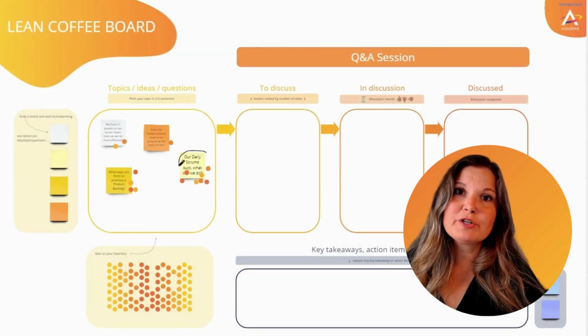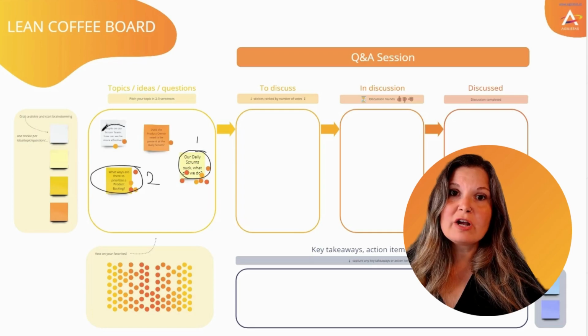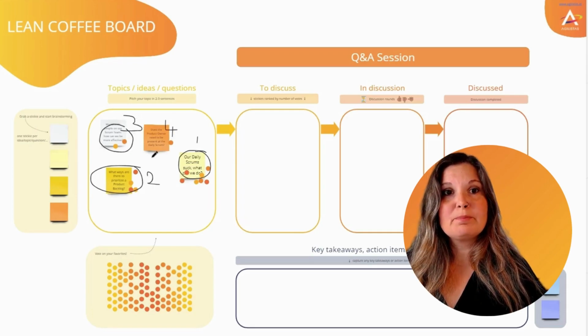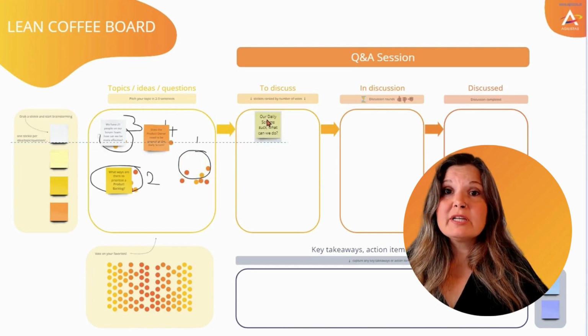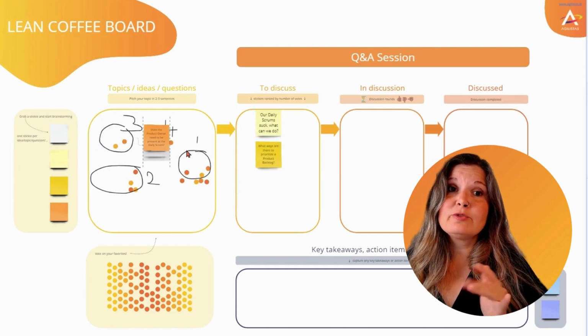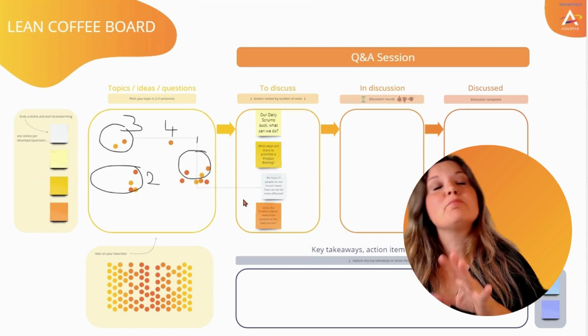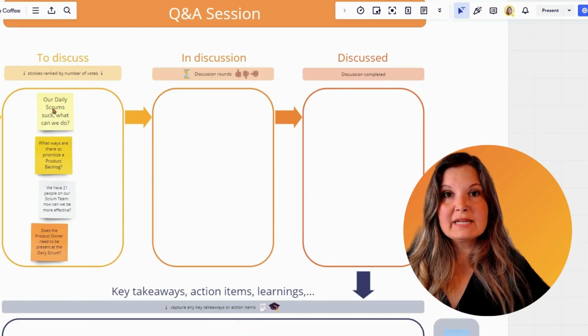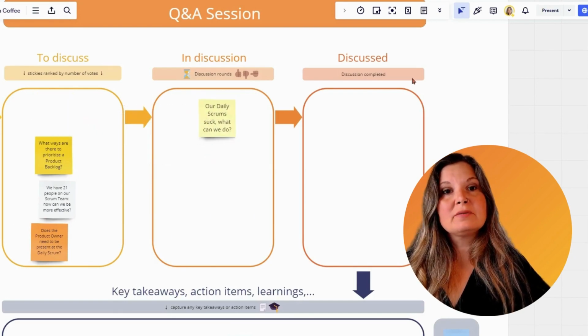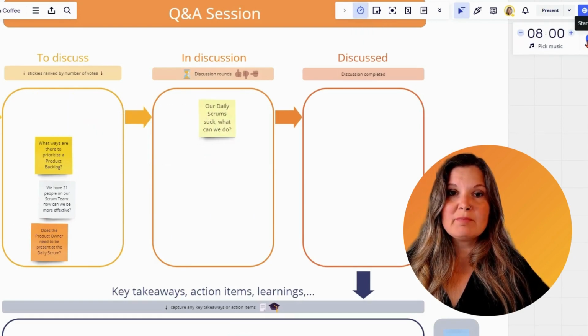The items that are going to be discussed today are the questions ranked by number of votes. So this is our agenda. This way, you make sure that in case you run out of meeting time at the end, the most important topics have been discussed. Okay, we select our first question, and we also set an initial timer of 8 minutes